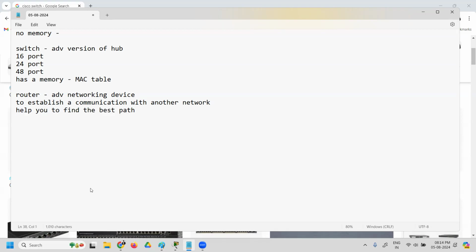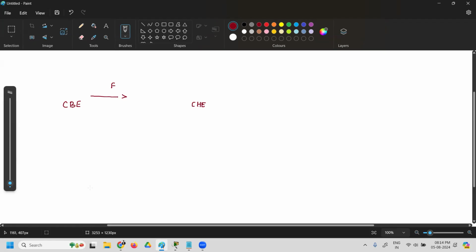Now, what is a best path? What is the difference between a best path and the shortest path? Let's say we are here in Coimbatore, and you're planning to travel to Chennai. You have three options. One is by flight, another is bus, and another is train.